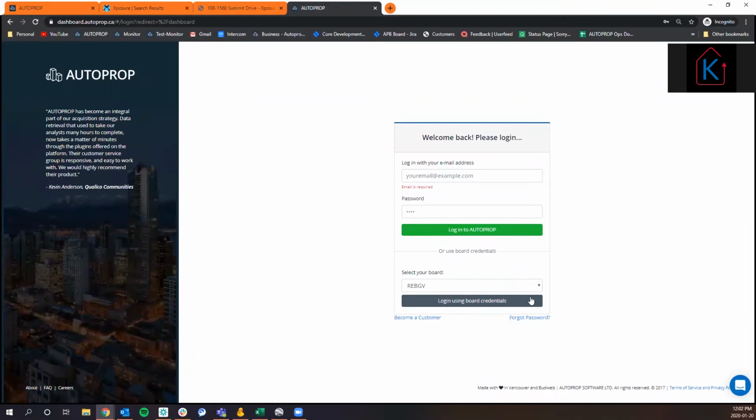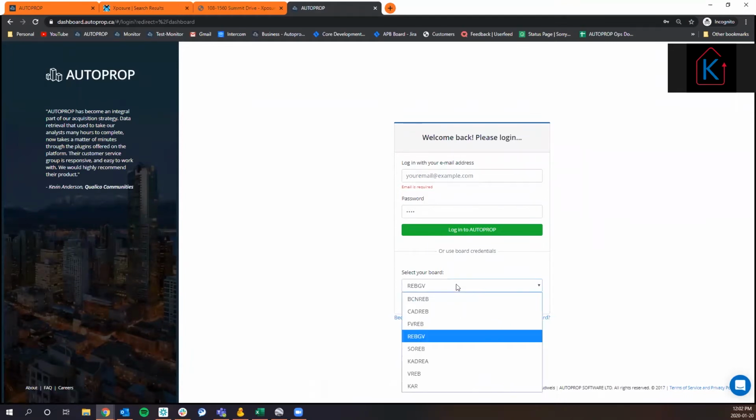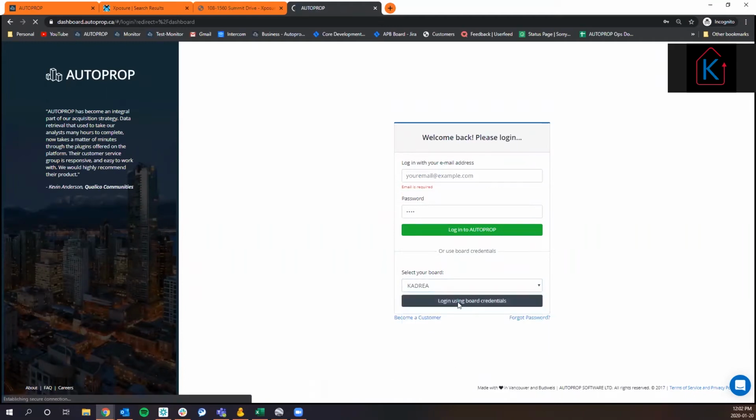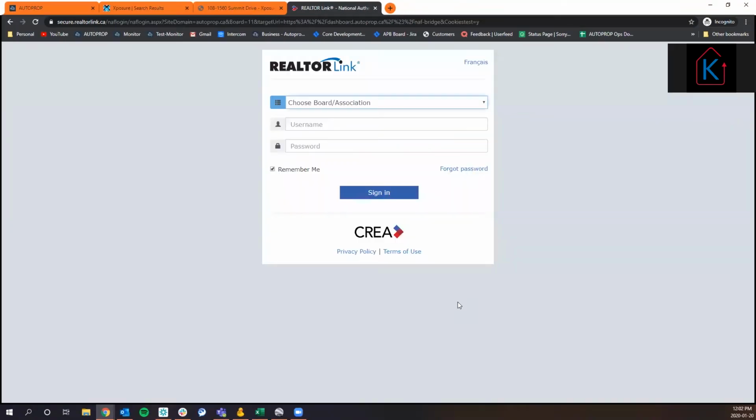And then in the bottom part, you can log in using board credentials. So simply select your board and then log in with your board credentials. So this goes through a Realtor link. And once you log in here, it will redirect you automatically back to AUTOPROP and logs you into your own